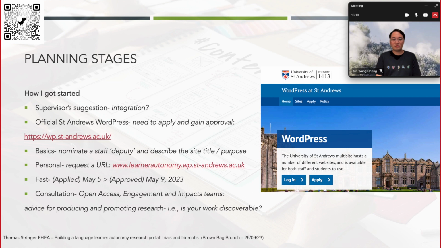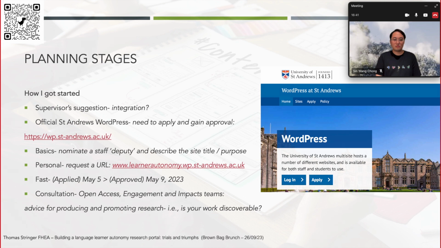But all you need to do is go to that web address that I've listed on the screen, and you nominate a member of staff deputy, who will basically have the same status as you in terms of editing privileges of the website, and have a very rough idea of what the site title is and the purpose of it might be.